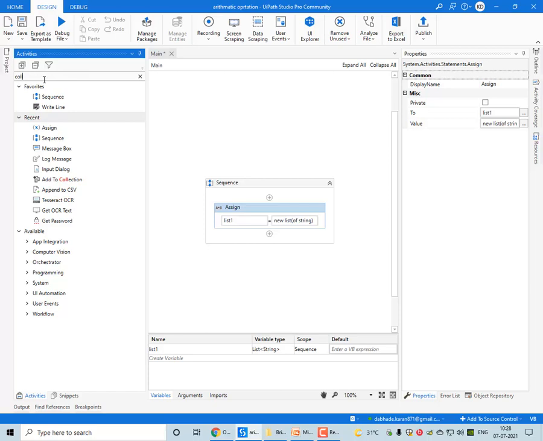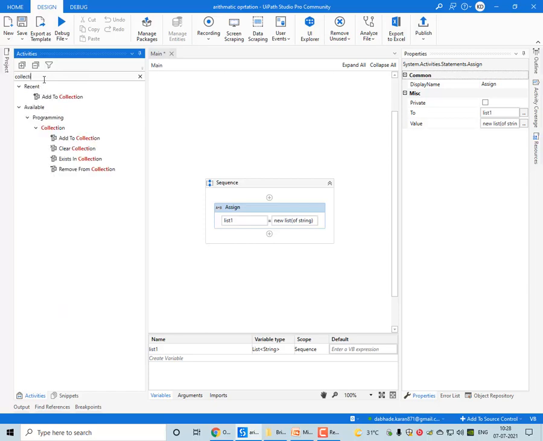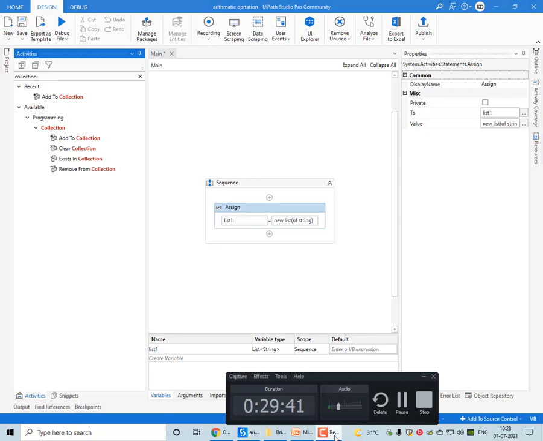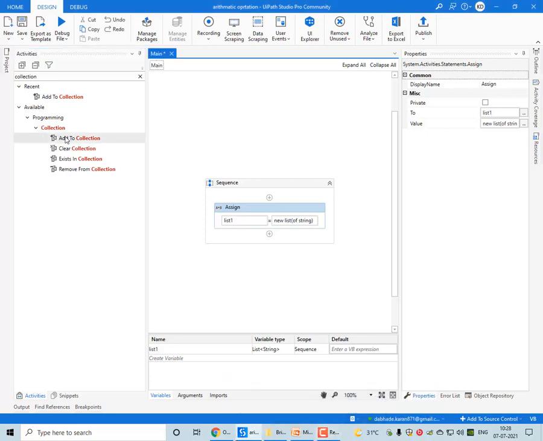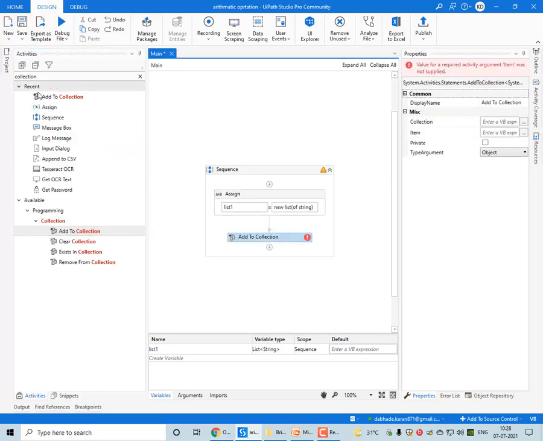Now if I want to populate the values in the list, there are various elements of collection. If you search for collection in the activity panel, you can find a number of activities like Add to Collection, Clear Collection, Exists in Collection, Remove from Collection. So let me populate the list by adding.